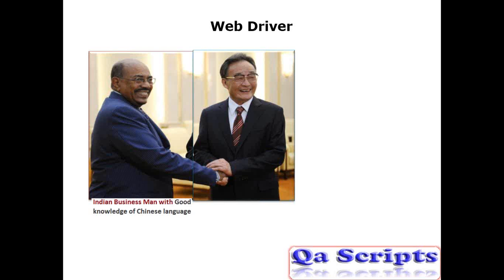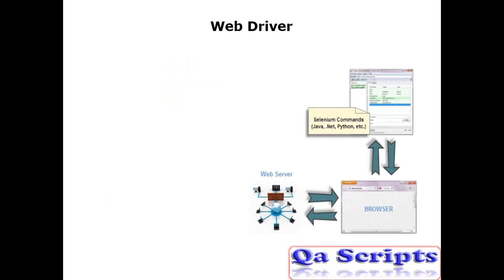Now think of Eclipse, where we have written the test, and it will have WebDriver APIs that act as the Indian businessman. It will directly talk to the browser. The browser here is the Chinese businessman. Even though the browser accepts only JavaScript commands or instructions, WebDriver APIs will be in a position to send JavaScript instructions directly without anybody's help, like a middleman's help. Now let us try to understand the architecture of WebDriver.